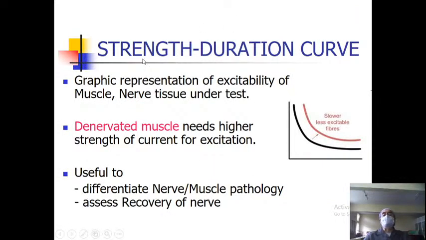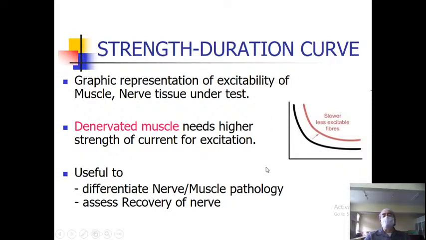Another one we know is the strength duration curve. This is a graph all of you have seen during your physiology days. Here, the excitability of the muscle and nerve tissue under test, both the nerve tissue and muscle, is represented graphically. A denervated muscle needs a higher strength curve for excitation. All of you know that because the nerve is not functioning, you need more excitation to get that